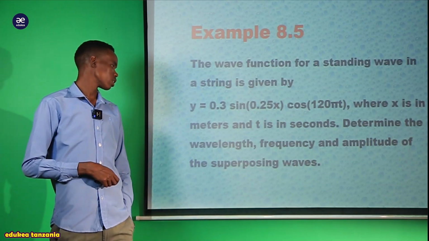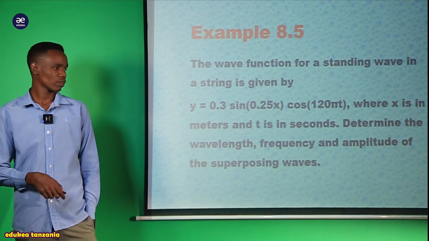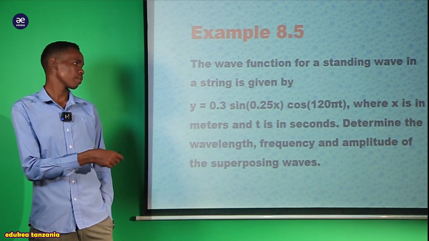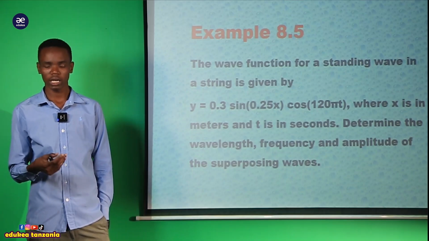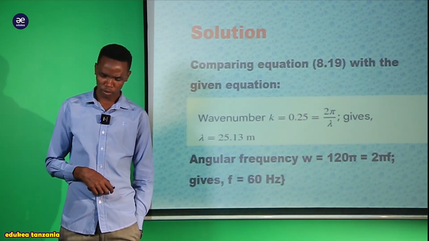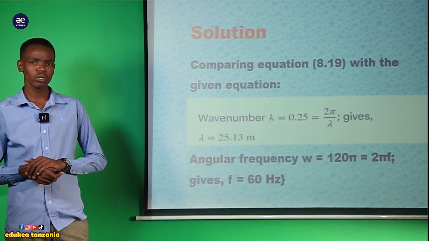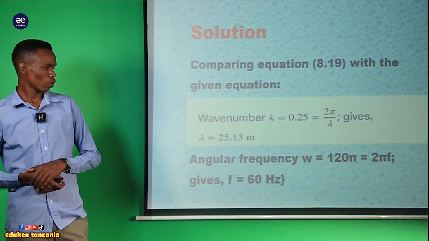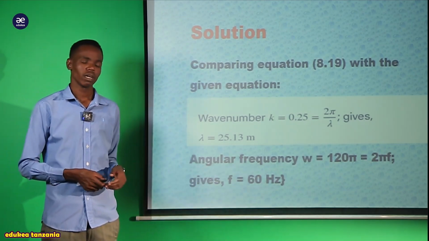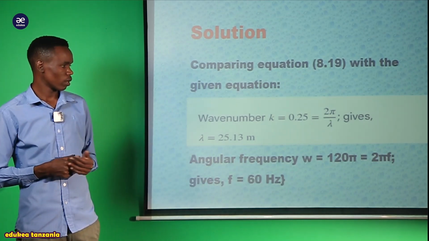Now we have been asked to determine the wavelength, the frequency, and also the amplitude of the superposition waves. Tuna equation yetu hapa, tumeambiwa tuweze ku identify those things. So what are we supposed to do here, my lovely student? First of all, we should make the comparison. Kwa tutajaribu kufanya comparison, my dear student, and we should obtain that this wave motion is equal to 0.25, and